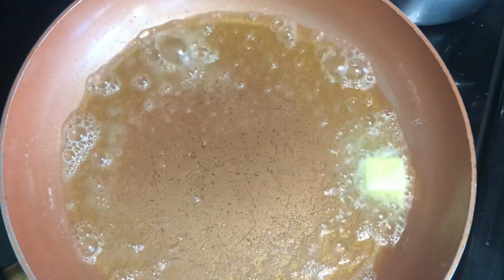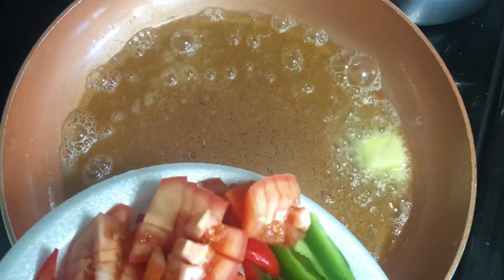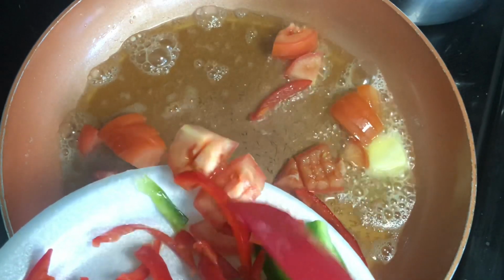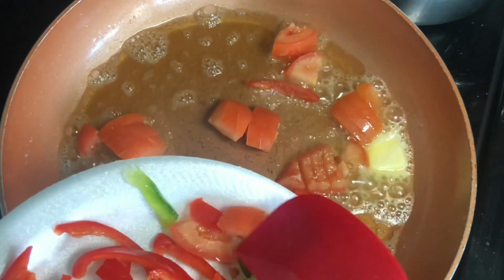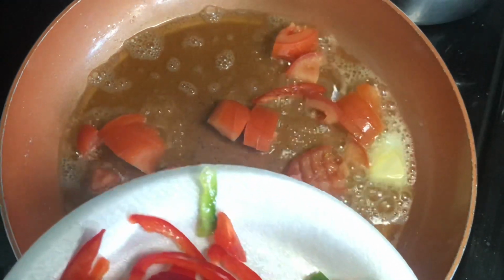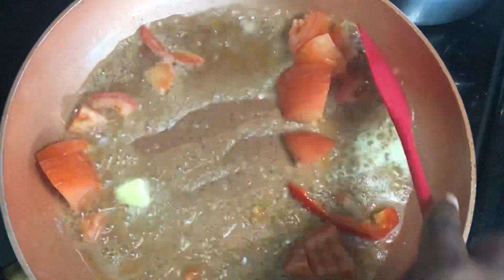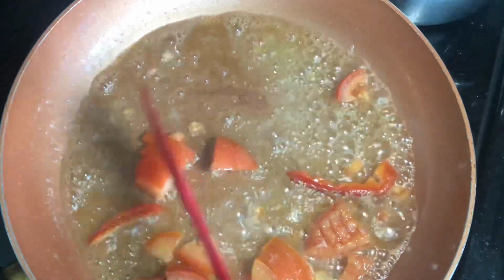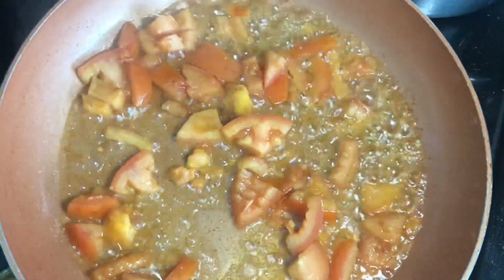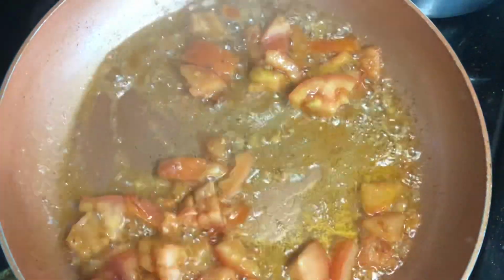All right. Meanwhile, I'm going to start to cook my tomatoes for a few minutes before I add my other vegetables in. Once it cooks for a few minutes, then I'll come back. After a few minutes of allowing this to cook,